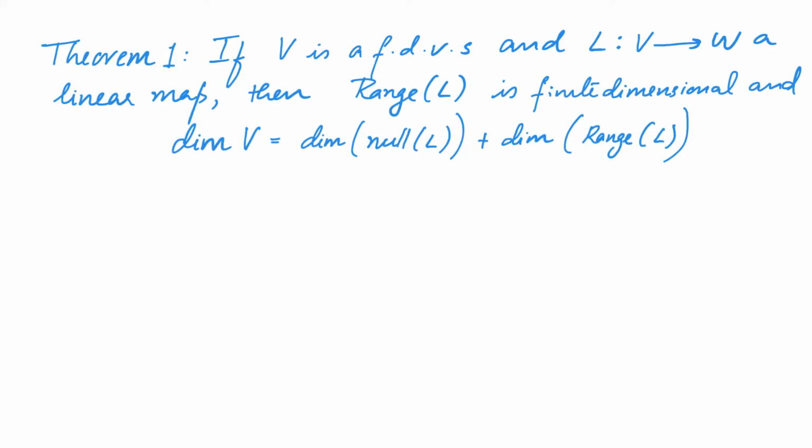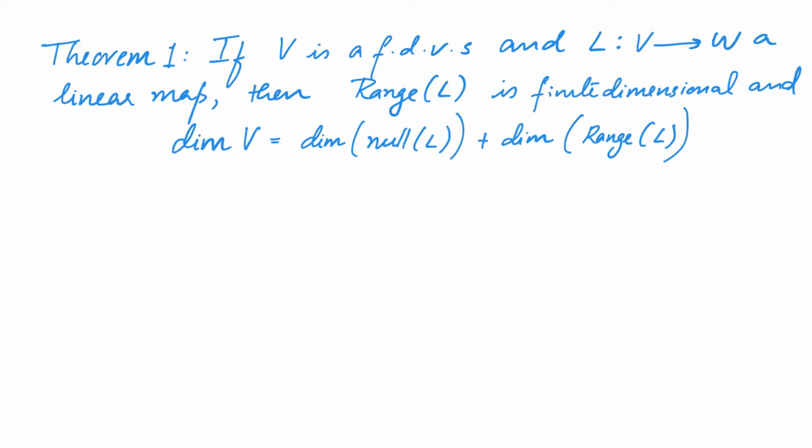In this video, we will state and prove the results we were alluding to while discussing examples in the last video. The theorem can be stated as: if V is a finite dimensional vector space and L is a linear map from V to W, then range of L is a finite dimensional subspace of W. And dimension of V is equal to dimension of the null space of L plus the dimension of the range